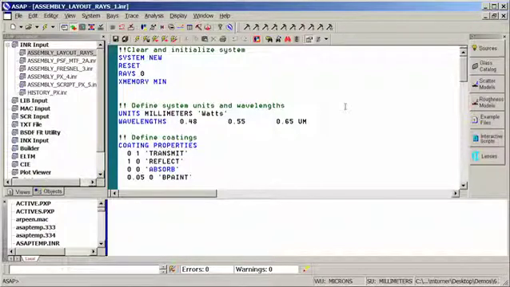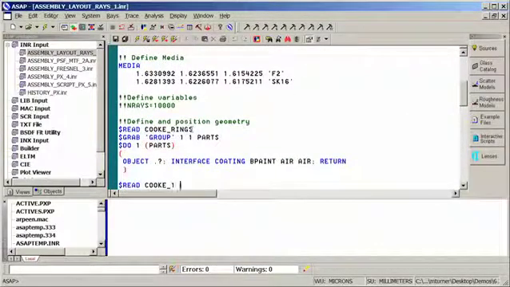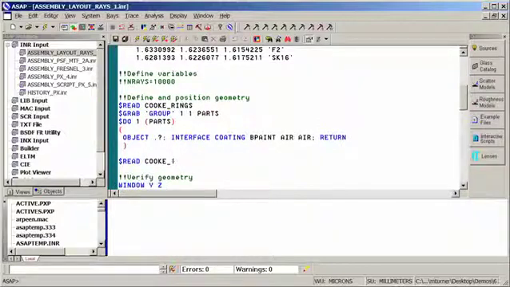Let's start by looking at our first file. In this particular case, I've already imported my mechanical geometry as well as my lens geometry. They've been saved as separate ASAP script files that I will read in each turn. And in this particular case, what I'm doing is applying properties to each of the surfaces, in this case to